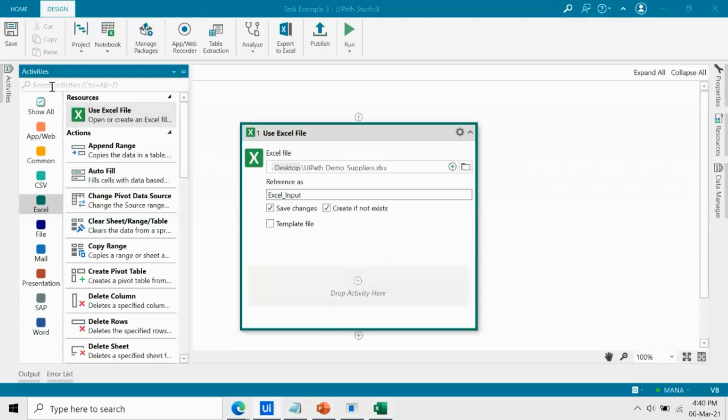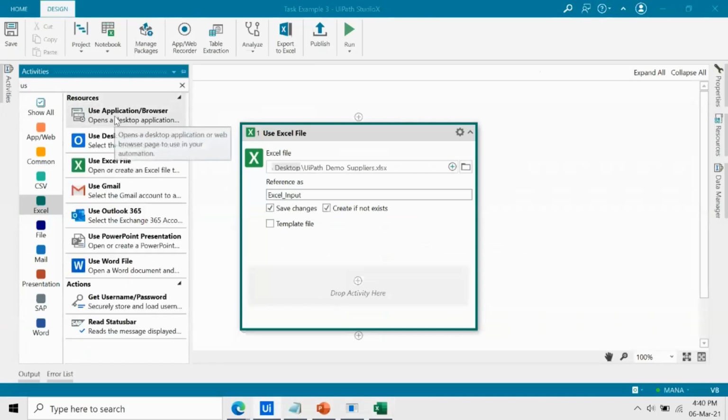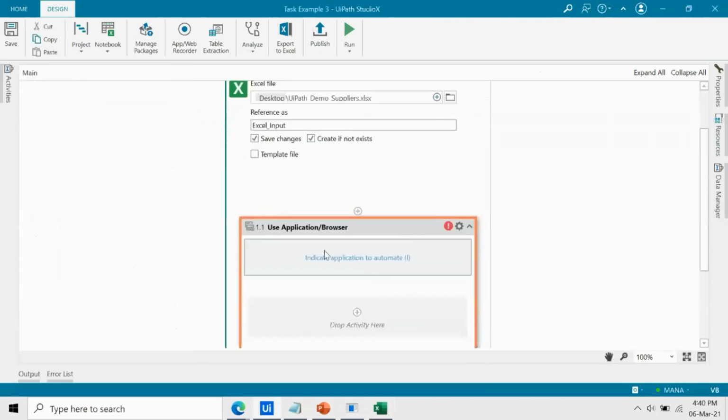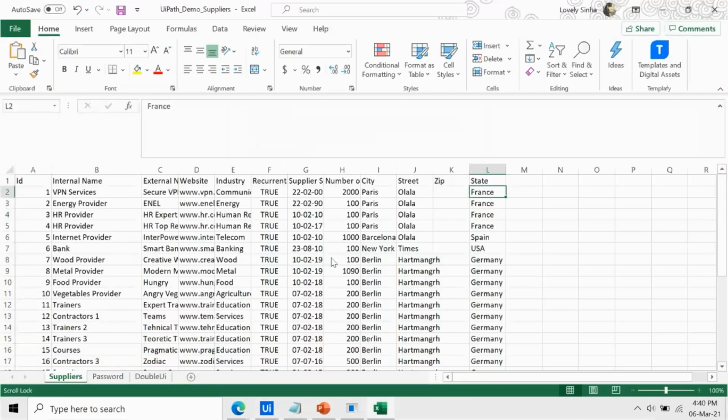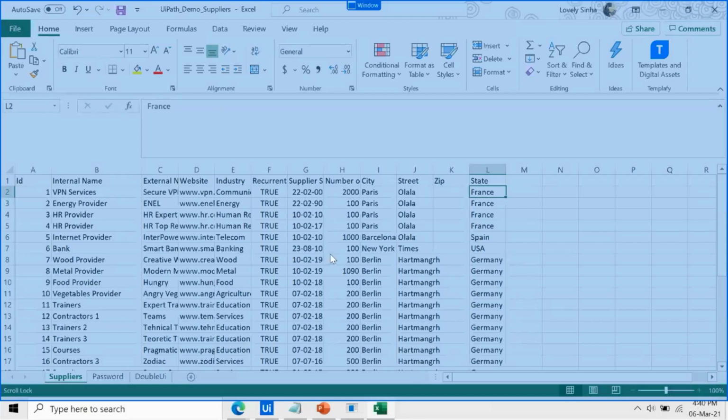So now we have to use the application browser. Since right now we are not doing multiple iterations, we are just performing for a single row activity. I use the use application browser. Indicate application to automate. So right now my application is not active.